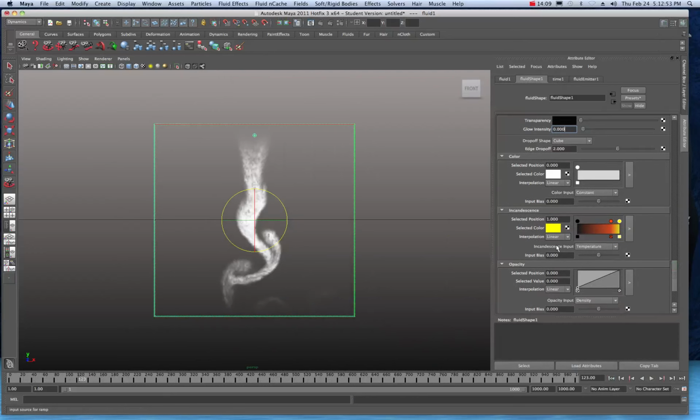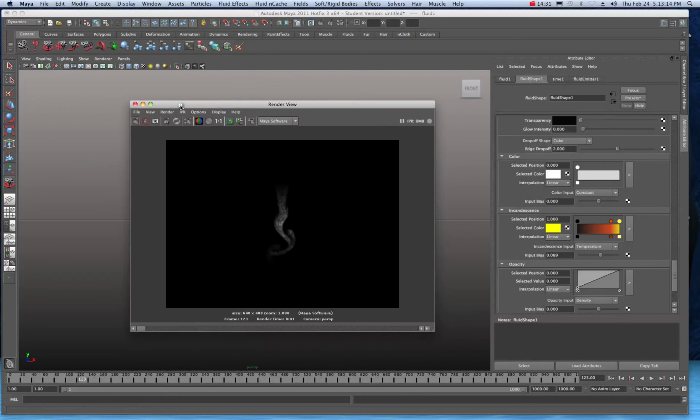Right now, the incandescent input, we should set this maybe to density and see what happens. You can bring the density up or down. Depending on what your incandescent values are, you should be either assigning them to one or the other. In this case, if I go with a temperature there, let me do a quick render over here. You'll notice that sometimes it'll have an effect over here depending on where you're set with your incandescent input and